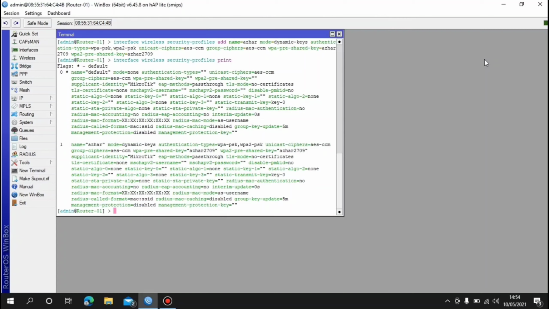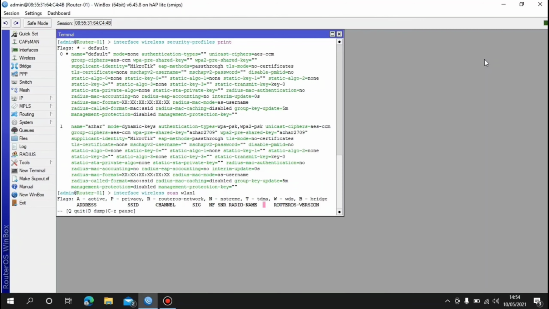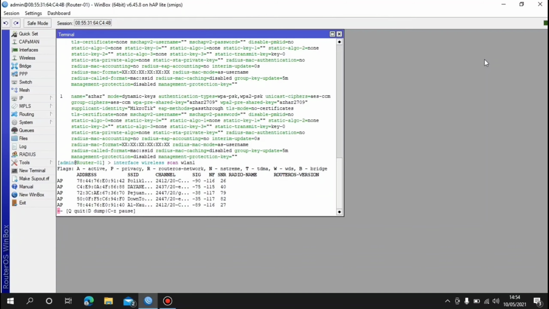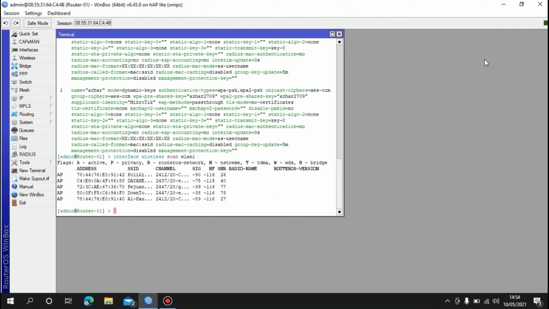And next we do a scan to see the access point with the command interface wireless scan wlan 1, enter, and press Q to quit. And this time I want to use the access point with the SSID Pejuang IT.